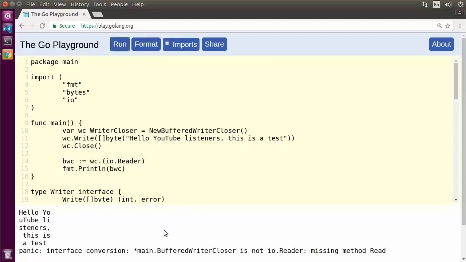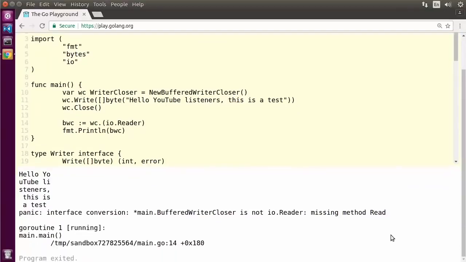And so it does what every good Go program does when it can't figure out what to do: it panics. The panic message is interface conversion. It can't figure out how to cast a buffered writer-closer into an I/O reader, and so it fails on us. It does give us some useful information about why it couldn't do that. It says it's missing a method read,